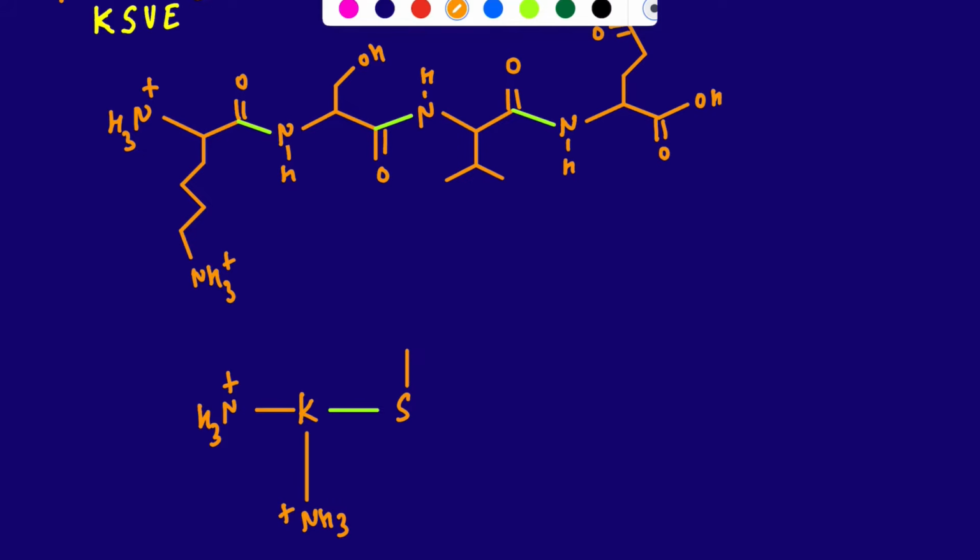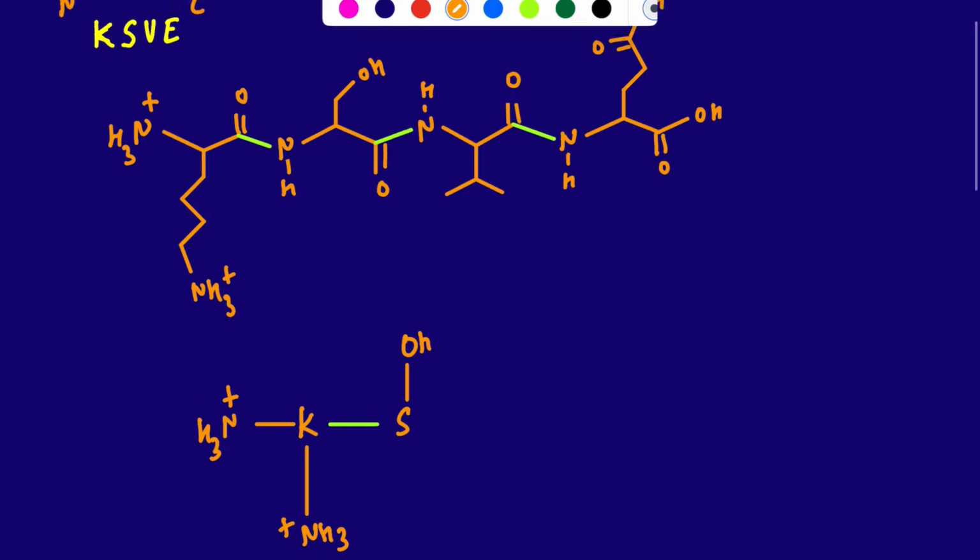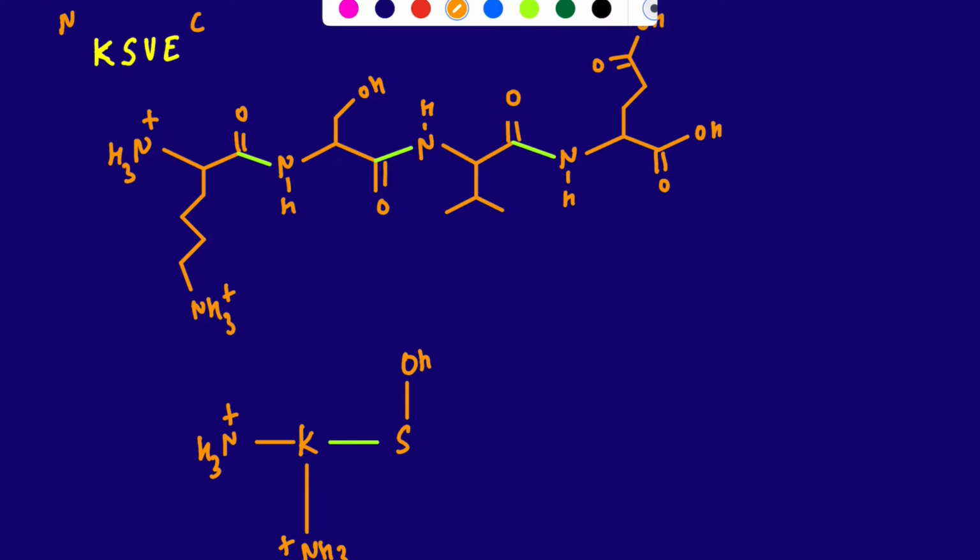The side chain of serine is eventually going to have an OH there. I'm not drawing the full side chains, just knowing what particular type of side chains you have in there, whether it's acidic, basic, or neutral, so that you can only focus on that. This is when you may be trying to figure out the pH or the net charge on a peptide